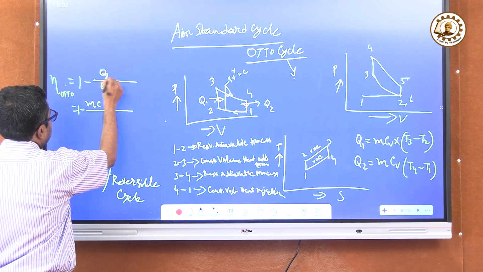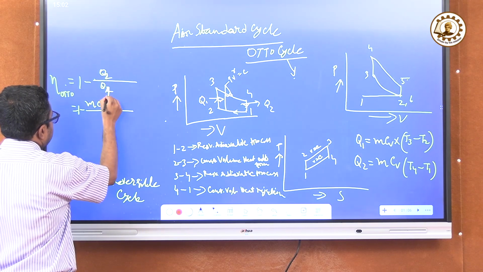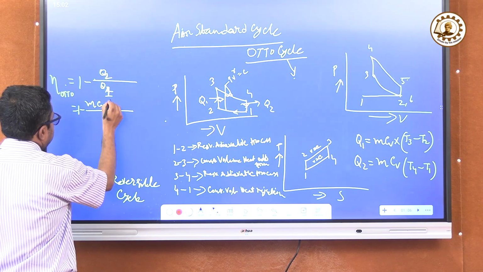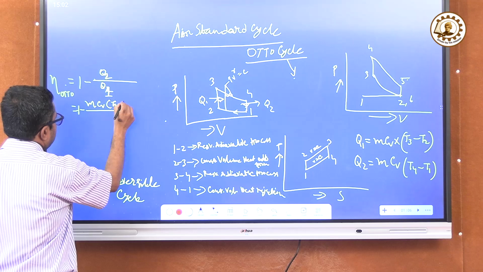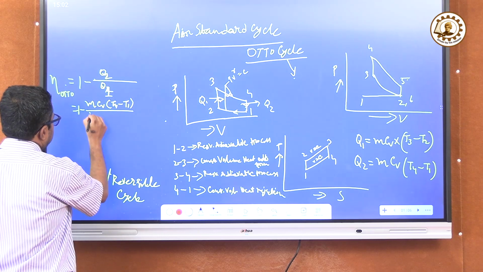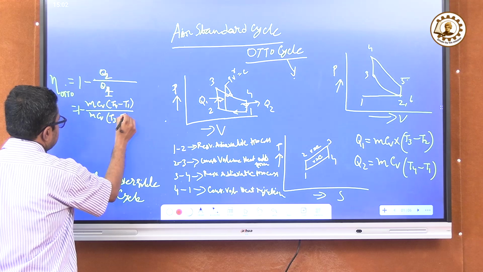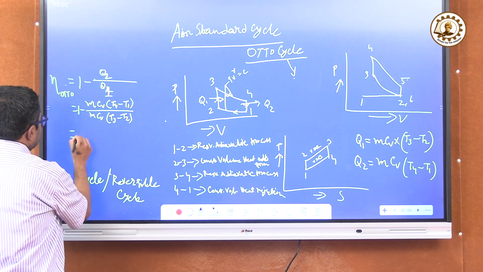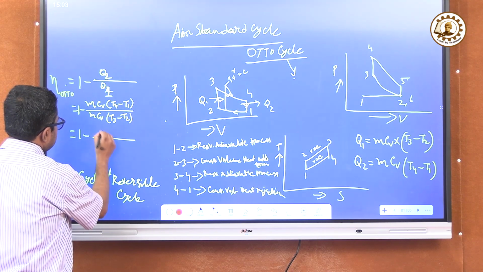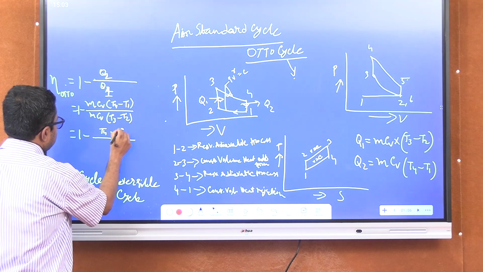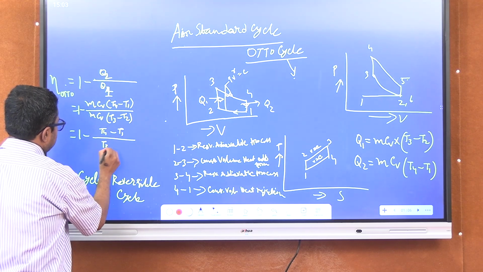Sorry, it is Q2 by Q1. That is, 1 minus M CV (T4 minus T1) by M CV (T3 minus T2), which is equal to 1 minus (T4 minus T1) by (T3 minus